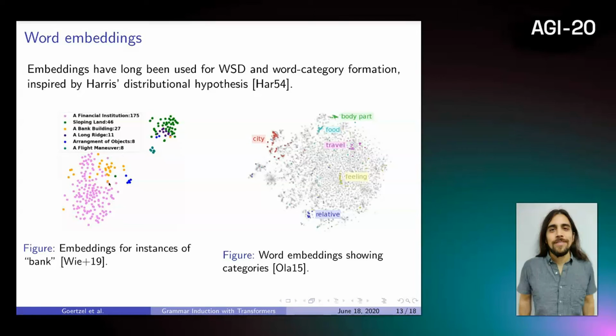And similarly for word senses, this is a paper called "Does BERT Make Any Sense?" and they use only the instances of the word that they are interested in. So for example, bank. These are all instances of the word bank in their corpus, and then they cluster them and realize that all words in pink here use the word bank as a financial institution, all the words green here use it as a sloping land, etc. So it's possible to use these word embeddings. People have been doing that for a while.